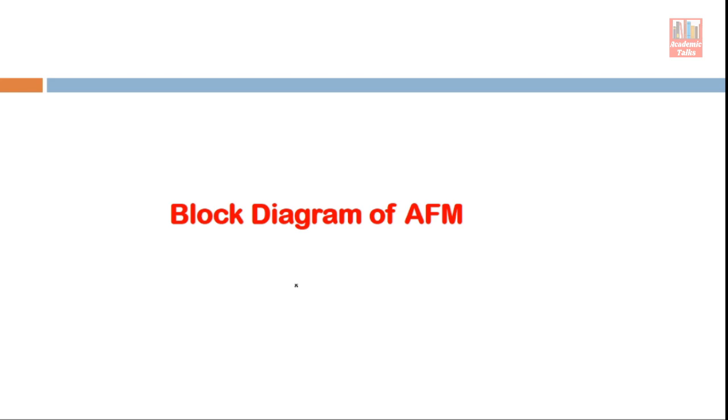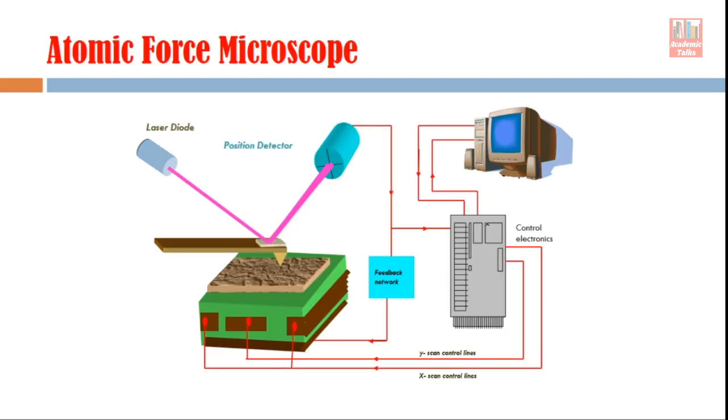Now the next task is to understand the block diagram of the atomic force microscope. If you understand the block diagram of scanning probe microscopes in general, the block diagram of AFM is not that much different. So this is the block diagram. You can see here, this is the sample holder, and the sample is placed on this sample holder, and this is the cantilever. At the end of this cantilever there is the tip, and this is the detection mechanism. A laser diode is there and a position detector is there. Now this whole detection mechanism is detecting these van der Waals interactions and converting them into an electronic signal.